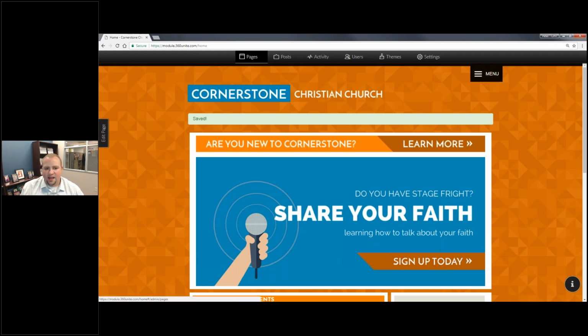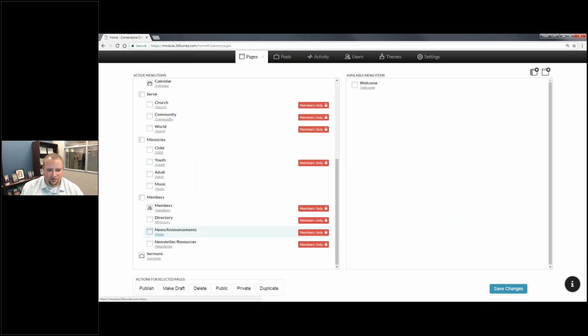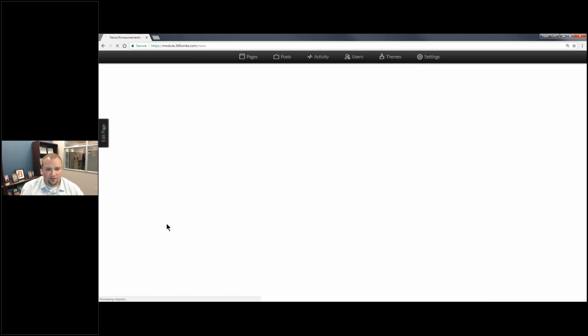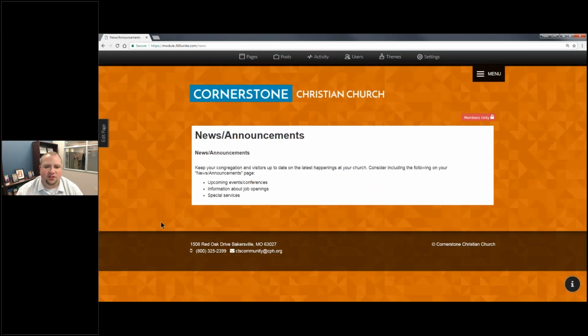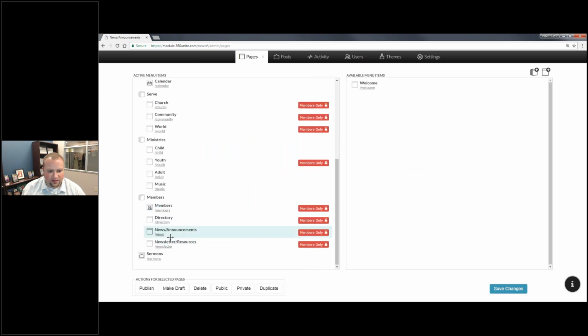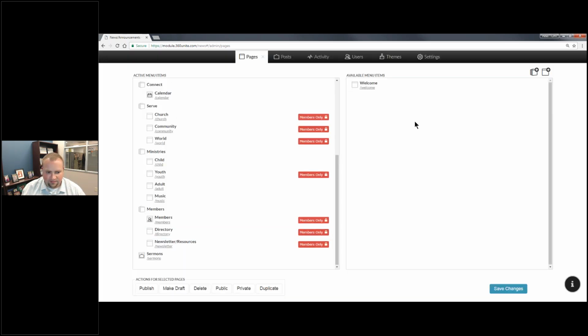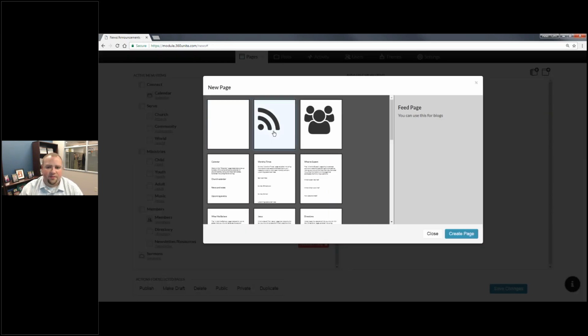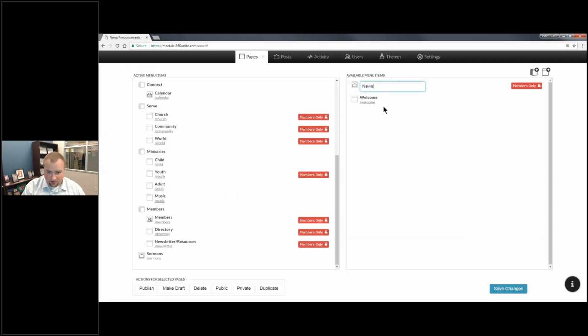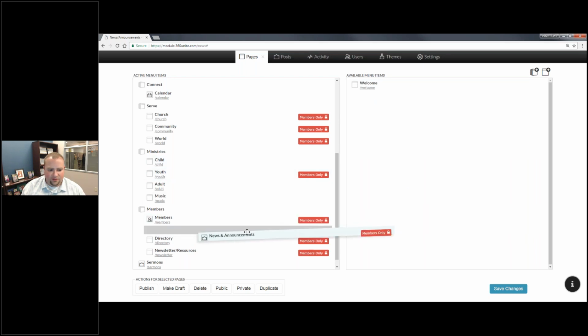So what I recommend, we have a page in here called News and Announcements. And when I go down to it, it's a blank page. It gives me some suggestions. I'm going to end up deleting this page. I'm just going to click on the page and click delete. And then I'm going to go up to add a page, and I could add a blank page if I wanted to, but I'm going to add a feed page. So I'm going to say create page. I'm going to call that News and Announcements. And I'm going to move that over here to members only, save changes,